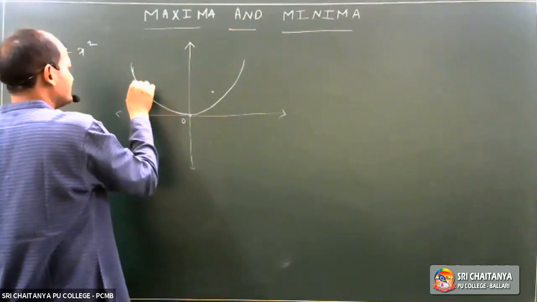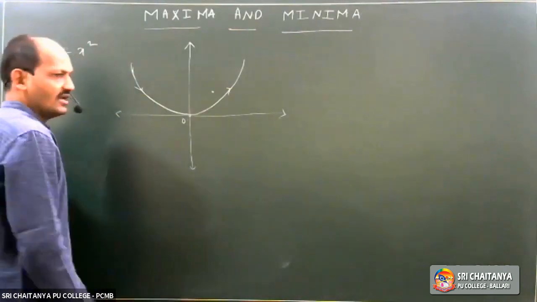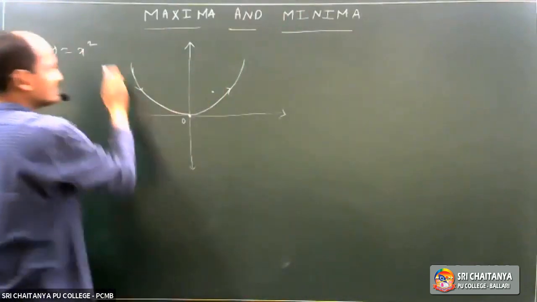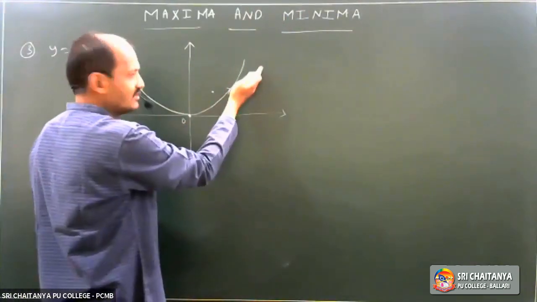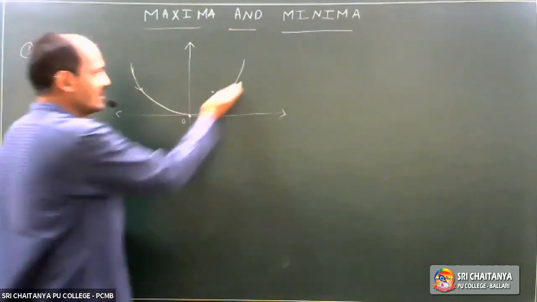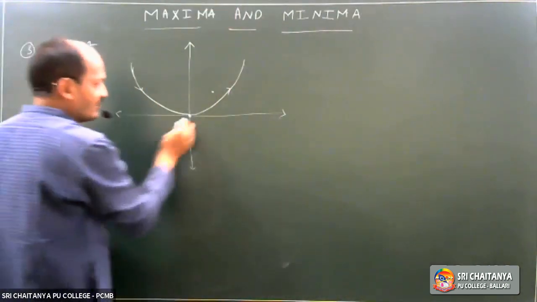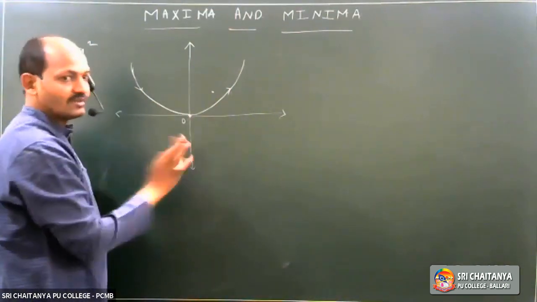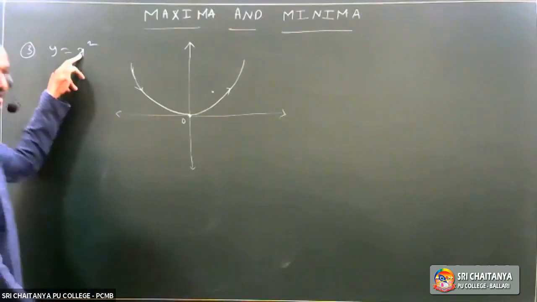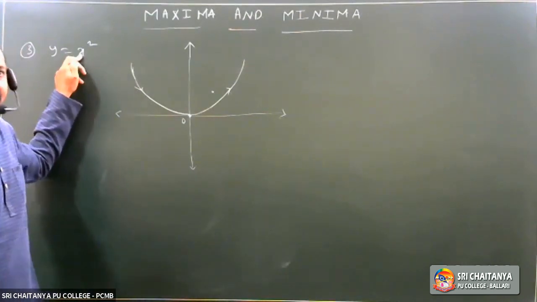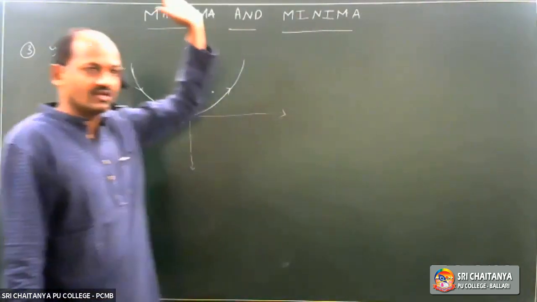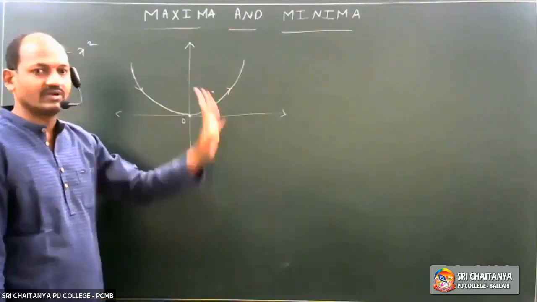So this curve has a minimum value. The curve only increases. X equal to 3 gives 9, x equal to 4 gives 16, 10 gives 100, and so on. It increases. This function has only a minimum. There is no maximum. The maximum value depends on x. X value 2 gives 4, 3 gives 9, 10 gives 100, and so on. The graph only increases. So this graph has only minima, no maxima.